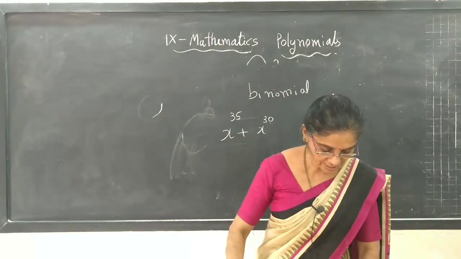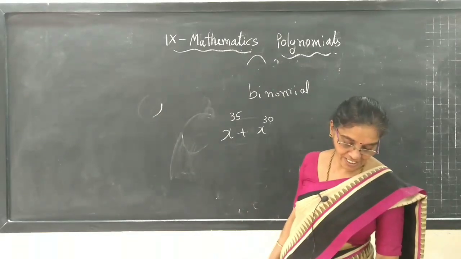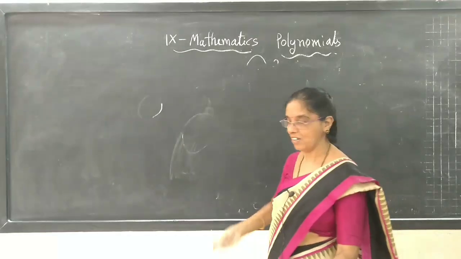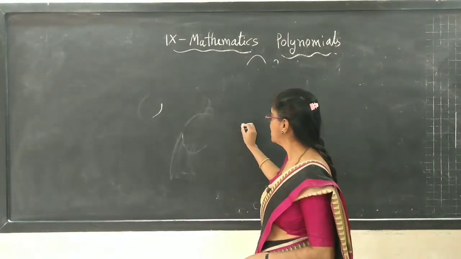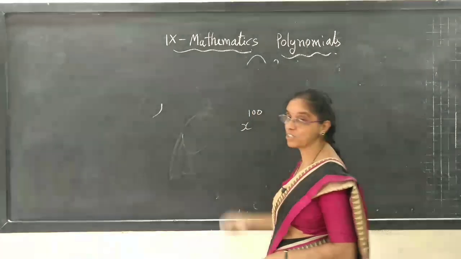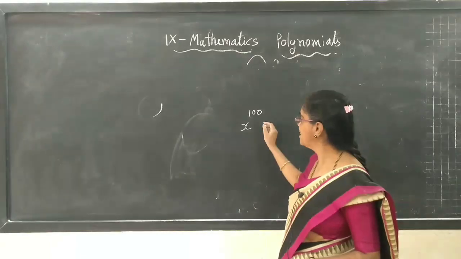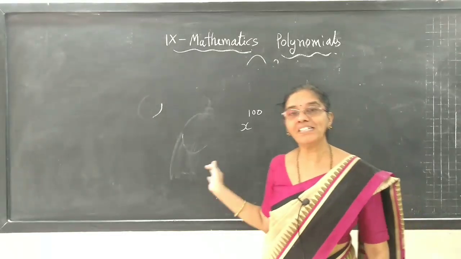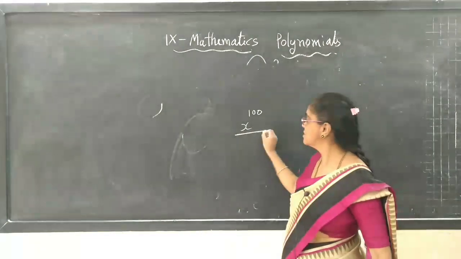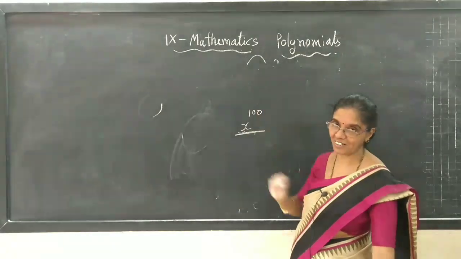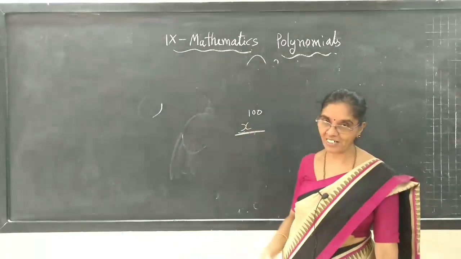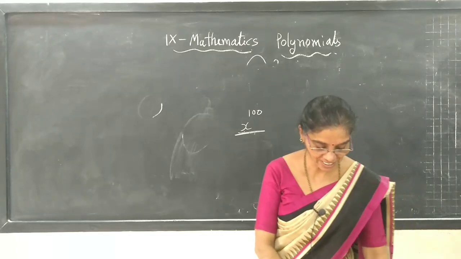Okay. Then for degree 100, one monomial example you have to give. Monomial. Say x only I will take, but the degree should be 100, the highest power should be 100, then it is a monomial. So how many terms? Should I take any other number? No, only one term should be there. So this is the number, x to the power of 100. It is a monomial, only one term is there and the degree is 100. Okay, so that is the example.